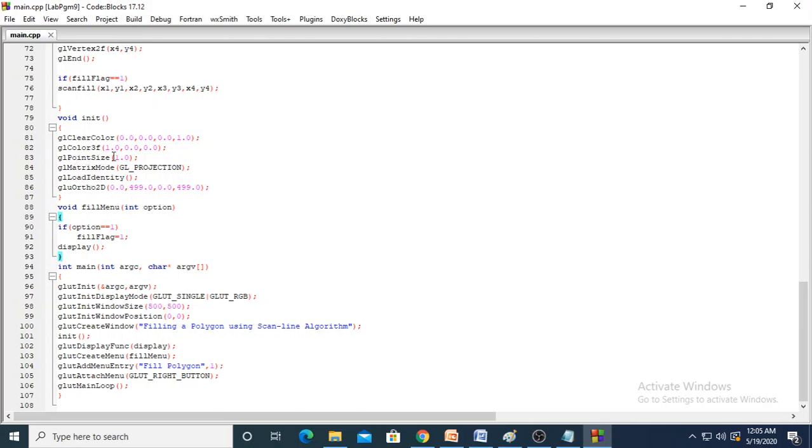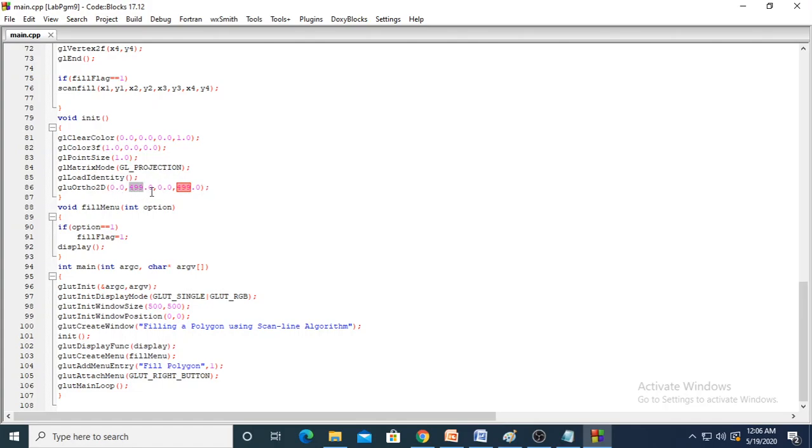glPointSize is not required. It is just for when you are giving any primitive, that primitive size or text size is 1, that is not required. glMatrixMode, GL_PROJECTION. So a 4x4 matrix will keep your output in a projected manner. So this 4x4 matrix will keep all the projected result. glLoadIdentity, this matrix is multiplied with the identity matrix here. So the final output is a normalized output. gluOrtho2D. So we are seeing only the positive side, with left, right, bottom, top.